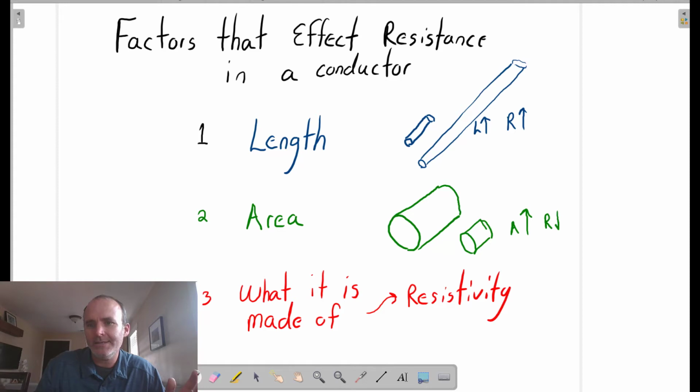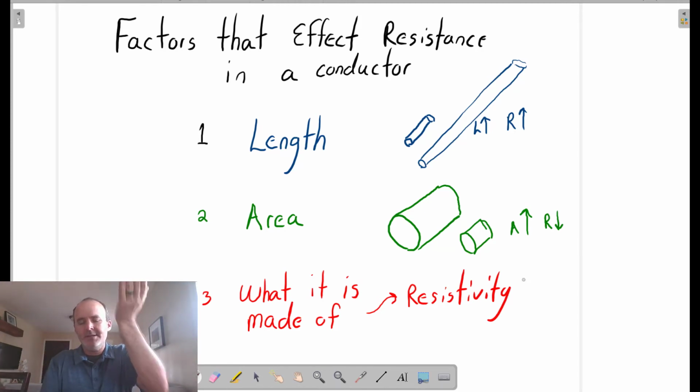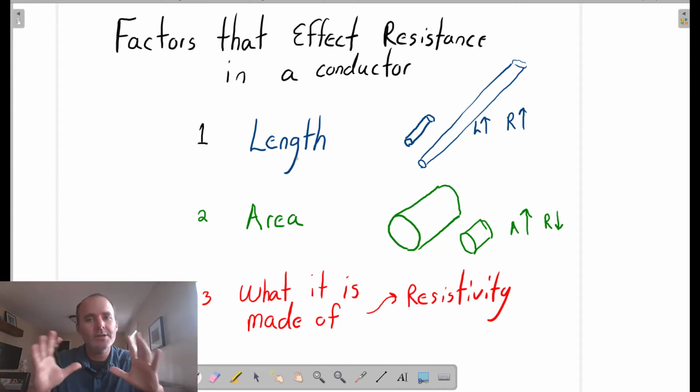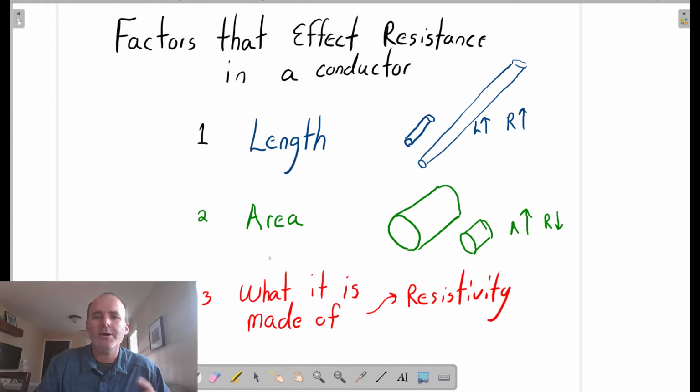It decreases. So this is called inversely proportional. As the area increases, the resistance decreases. Up here, as the length increased, the resistance increased. So that's directly proportional. These are really important when we start to think about the equation, if we were to put all these together in the equation. Okay, and the last thing,